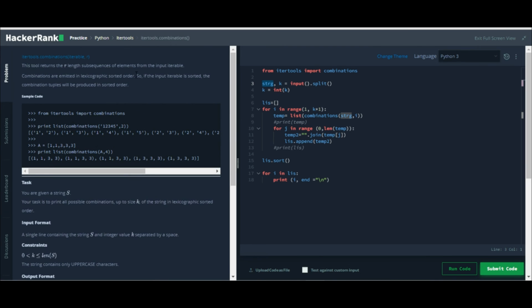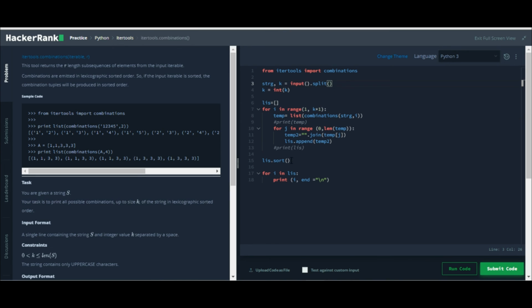That is the line given here. I told you I'll use it. So if the input iterable is sorted, the combination tuples will be produced in sorted order. It is not producing in sorted order because you have taken the string and given it as it is. HACK has been given as HACK here, but we had to give it in sorted order.